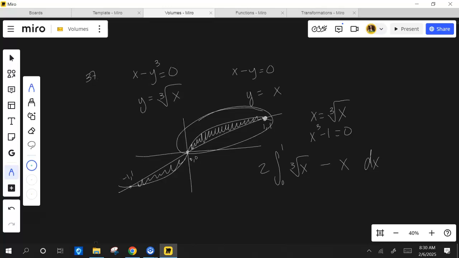Cubed root is on top. Instead of doing it twice, since